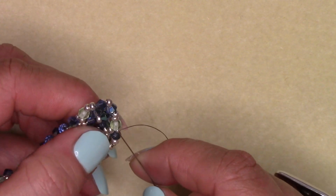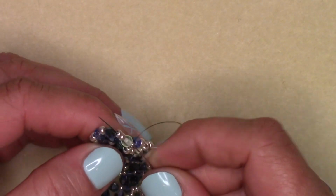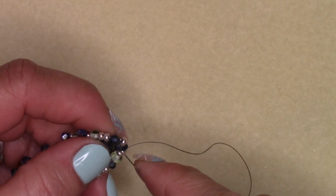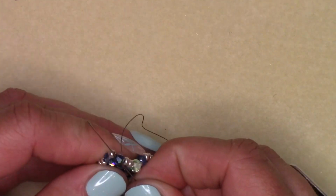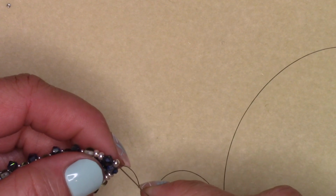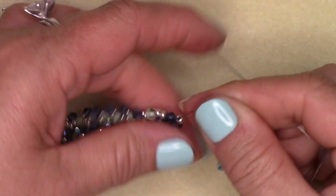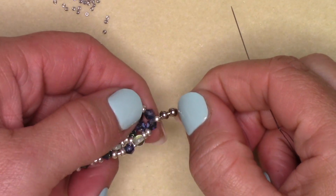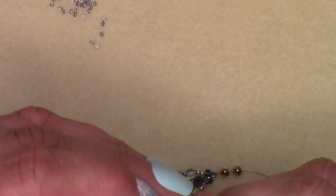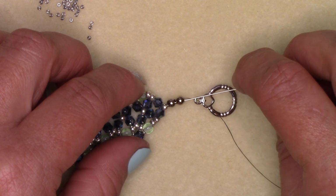So go through your 15-0, your green bead, or whichever one you decided to use, your two 8-0s, go through there, the bicone, and then your last 8-0 seed bead. We're going to add 2 spacer beads, the other part of the toggle clasp. We're going to go back down the 2 spacer beads,